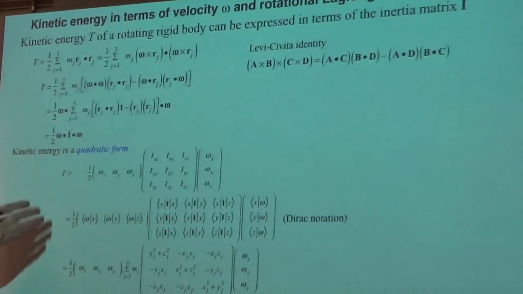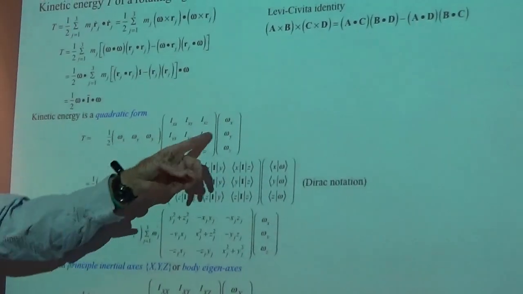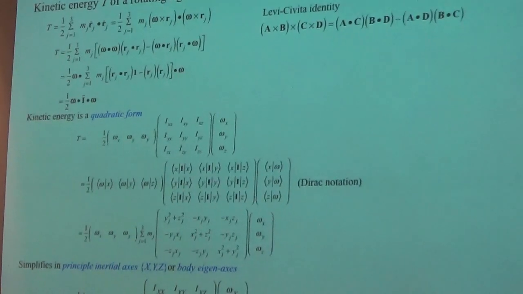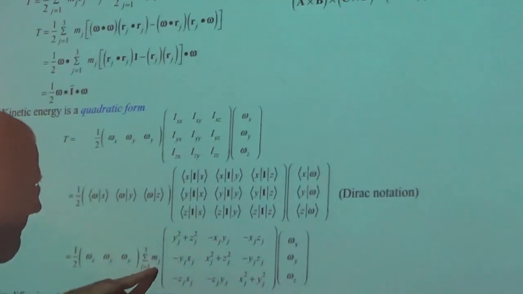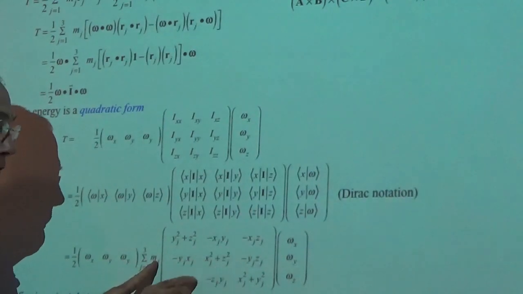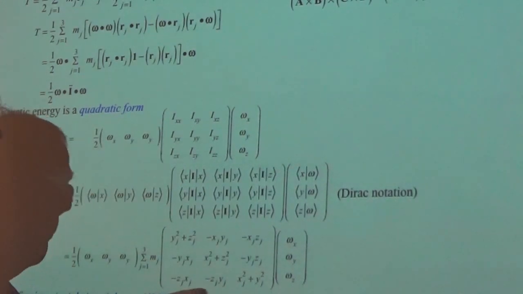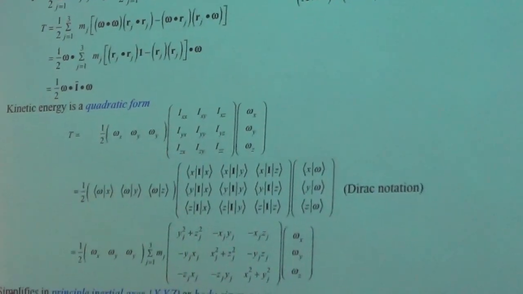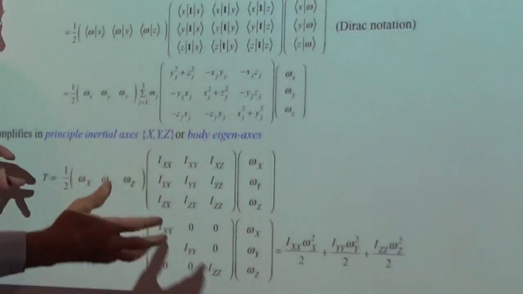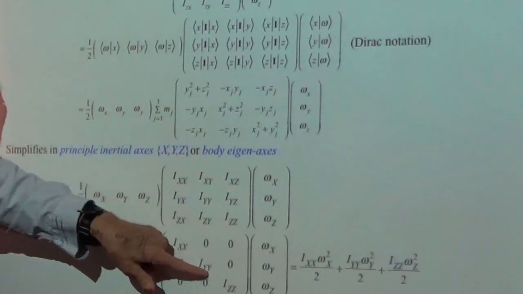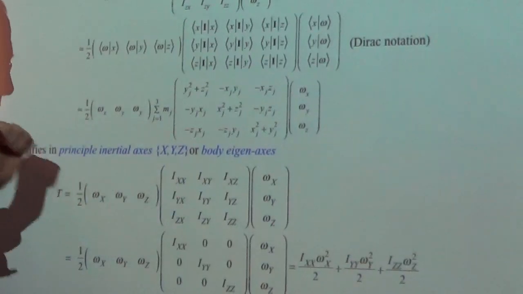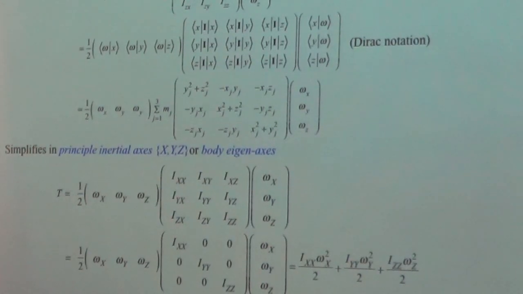So here we have the quadratic form that describes the kinetic energy of any rigid body for which you can give me a sum of masses times the various coordinates of the masses. So I have to sum over three things if I had a three-body system, or I have to integrate if it's a continuous thing. Those are all things that we're going to skip over. We're just going to assume that we've got some numbers here, and then we're going to assume by symmetry that if we pick the right axis, it boils down to this. Now this is a symmetric matrix, so you know this exists,